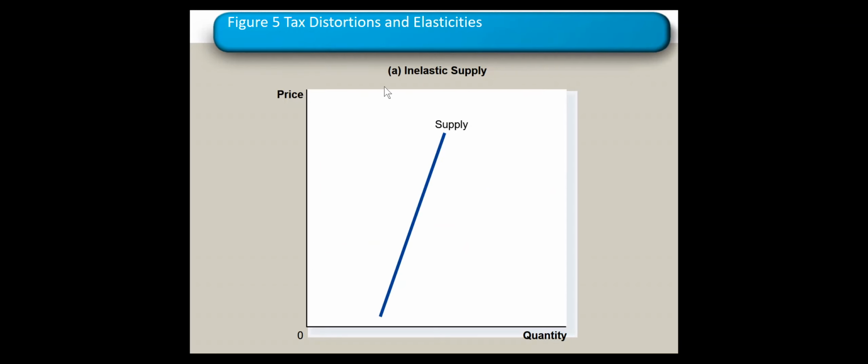Now look, if we have inelastic supply, and you know what inelastic means, we explained about it. That means suppliers cannot reduce supply very quickly in the short run. Okay, so if there is a tax imposed on an inelastic supply, what happens? Of course, for an inelastic supply, it usually goes close to the vertical direction. It's very steep in this case. And what happens? Now look, the tax imposed turns out to be big in size. Since it is steep, it takes a large difference between the demand and supply, a large gap here in this case. Okay,